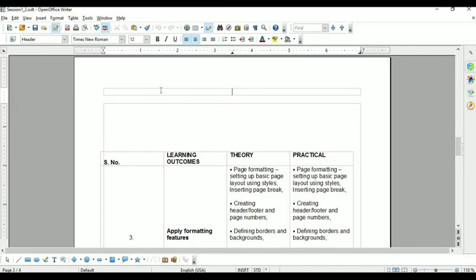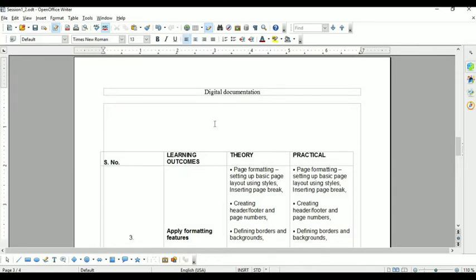Insert the title of the document, like Digital Documentation, because this is the unit name. Digital Documentation is your unit name, so it is inserted in the header. Now I have written this Digital Documentation on page number 3.